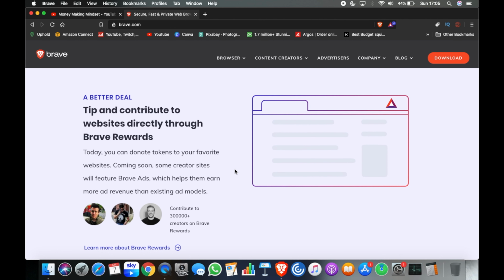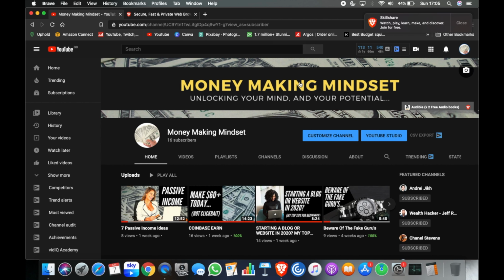There are other things where you can actually tip them. A prime example of this: just as I'm speaking now, you can see here where an advertisement has popped up, and you can either dismiss the advertisement or click on it. If you click on the advertisement, it just opens up